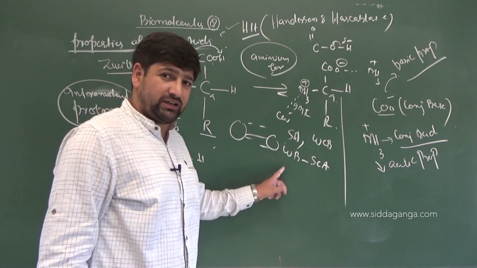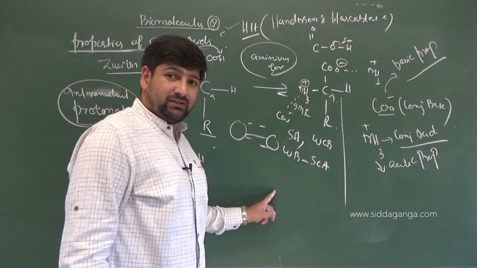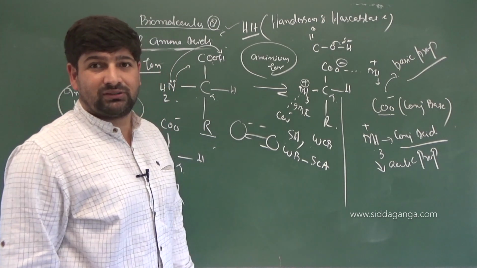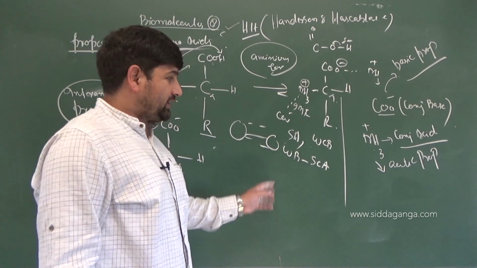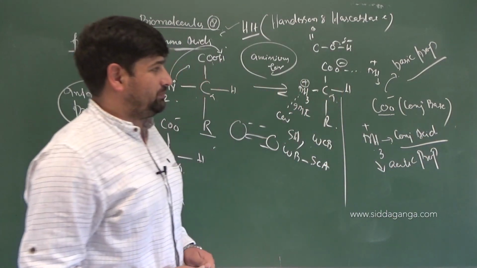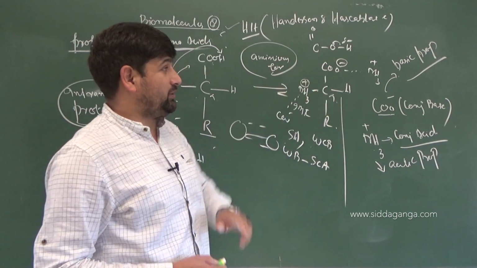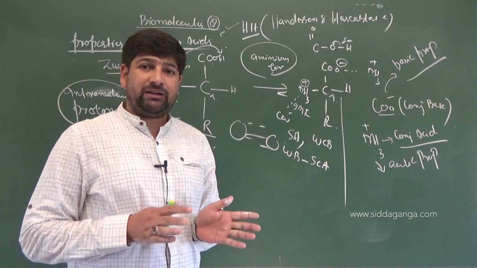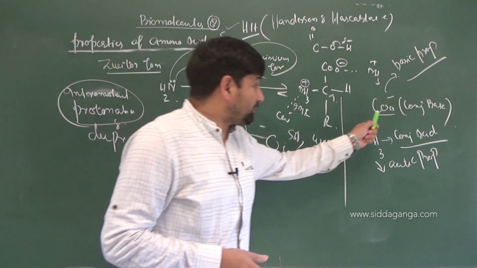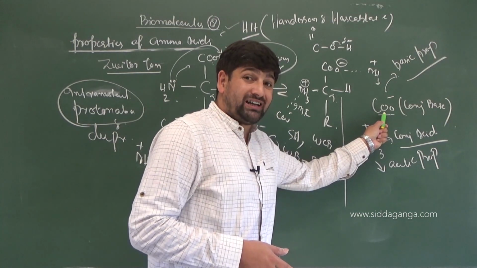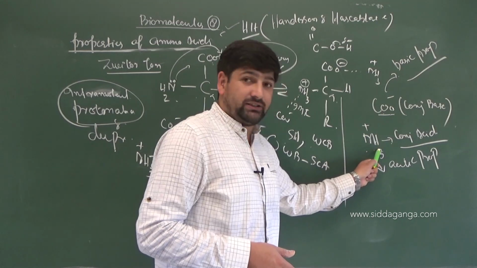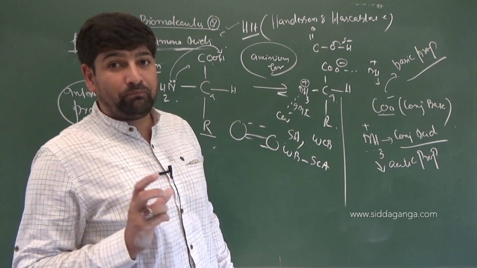pH is equal to pK plus log acid by base. Base is a conjugate base there. Acid by conjugate base. You can interconvert it into different forms. So NH3 is a conjugate acid, and we got this as conjugate base; the Henderson-Hasselbalch equation can be used for this. So the acidic property of a dipolar ion is due to a conjugate acid, and the basic property is due to a conjugate base. Basic property due to the carboxylate ion, and acidic property due to the aminium ion, which is actually a conjugate acid, technically obtained from a base.